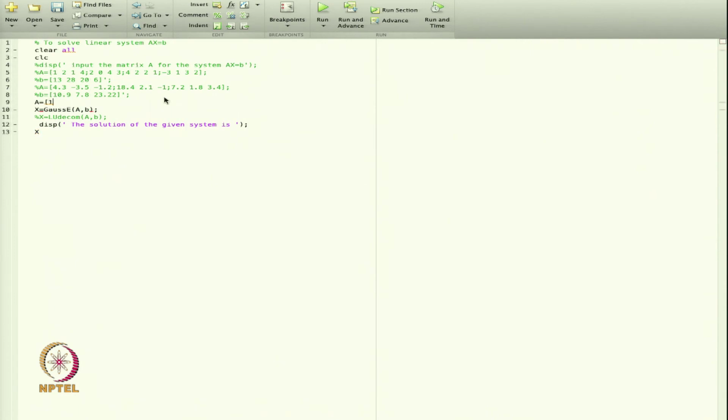I am taking 1, 2, 3 and then 2, 3, 4. Suppose I take this matrix. This matrix is a 2 by 3 matrix and then I am taking my B as 2, 3.